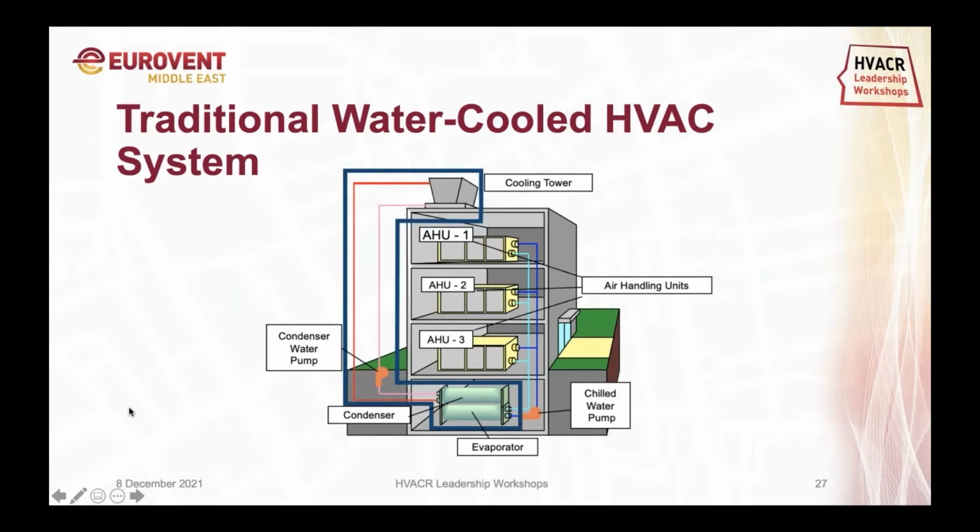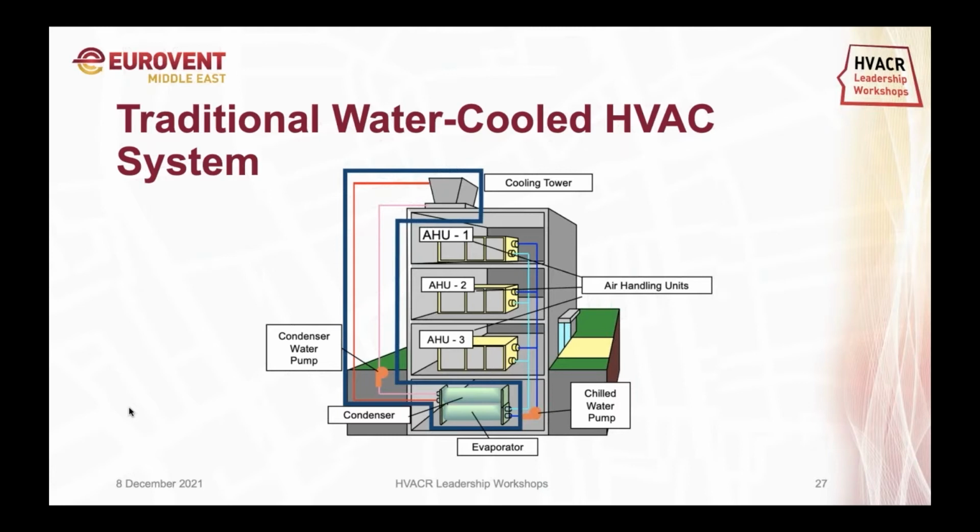Now let us look at a typical water-cooled HVAC system, just to see where the cooling tower is installed in the system and what its function is. So what we see here is there are two circuits. One is the chilled water circuit, which is connected to the evaporator of the chiller and which circulates the chilled water to the air handling units and the fan coil units, which in turn cool the conditioned space, or the space which we want to bring the temperature down, for an example, our offices, our residences, or our shopping mall.